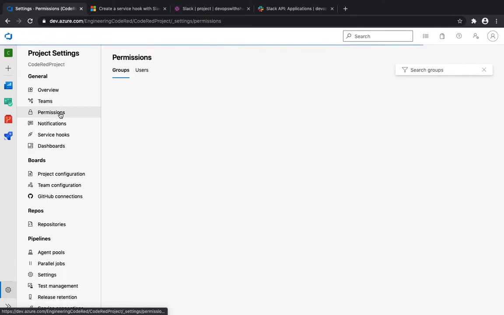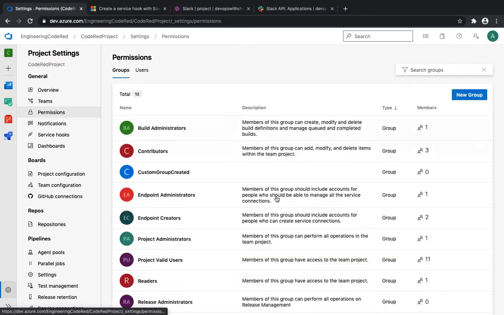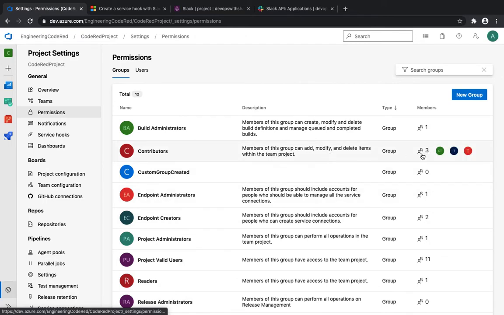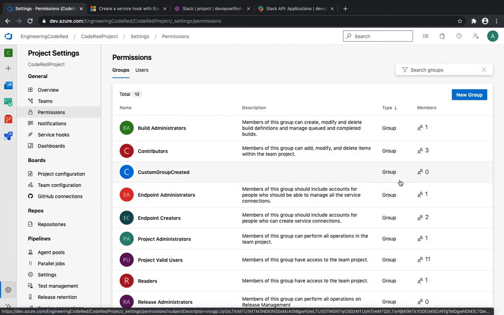Then we moved on to the permissions, and we saw what the default permissions available were and how you could manage the users underneath these inbuilt user groups. Let's look at the next